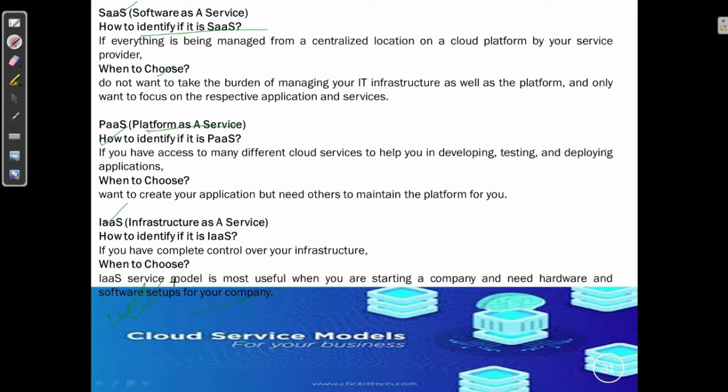Now, the choice of service model also depends on the level of control you want over the infrastructure and the application. In SaaS, there is no control. In PaaS, you have some control, and in IaaS, you have the maximum control on the resources, on the infrastructure, and on the application. So finally, depending on the need of your business and on your budget, you are going to select a model that suits your requirement, but it will definitely require a very careful evaluation of the benefits that the cloud offers to your business.